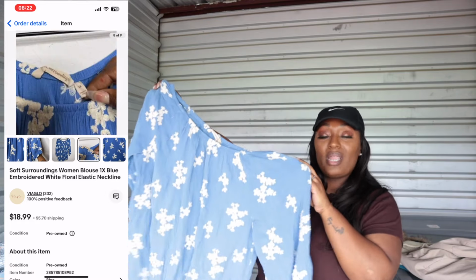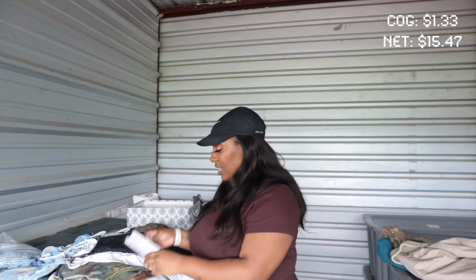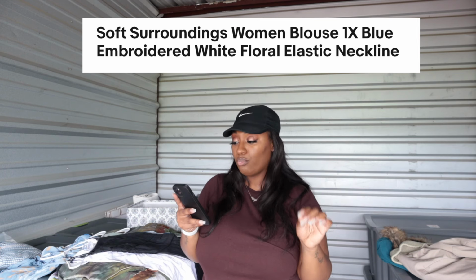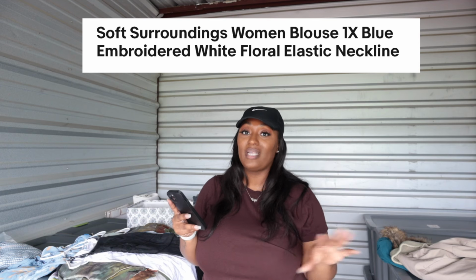It had the embroidery and it was a 1X, so I was like, I think it's going to sell pretty good, and it actually did. This one wasn't listed that long, maybe a little under a month. I have this one titled as Soft Surroundings Women's Blouse 1X blue embroidered white floral elastic neckline, and this one also had flaws, so I did price it a little bit lower, so $18.99 was my full asking price